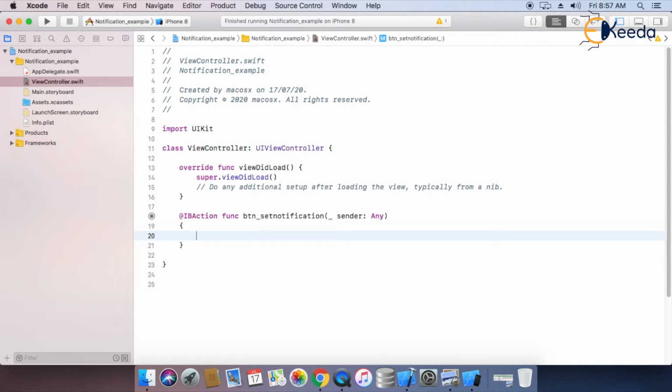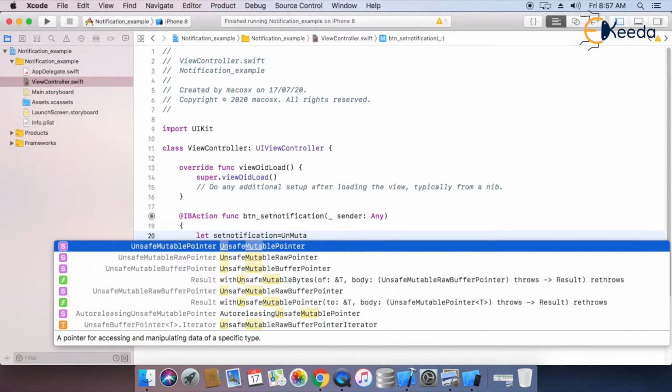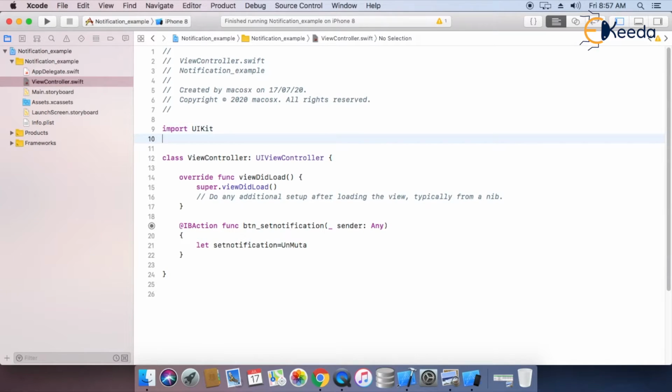In this button, first we have to create one object. I am creating one object, setNotification. For using a local notification we require the UNMutableNotificationContent class. So now we have to use UN mutable, but here you can see there is no suggestion for this class because we have to import